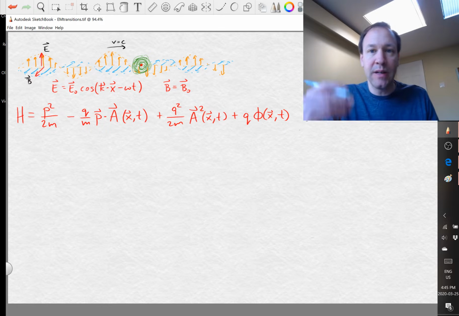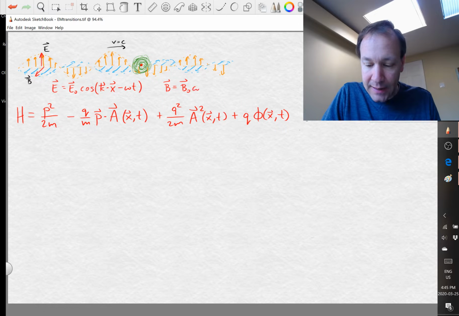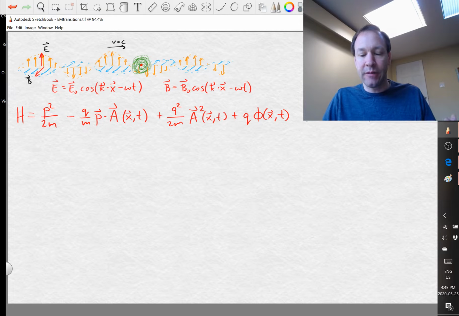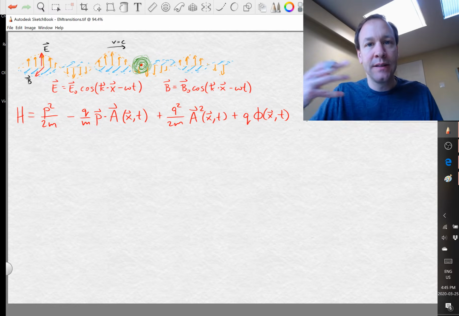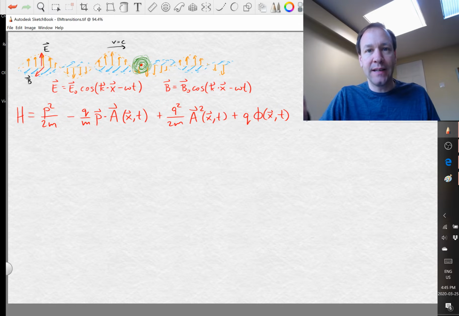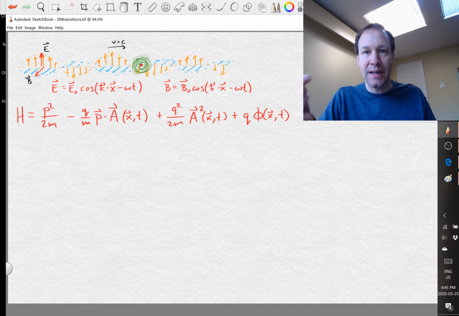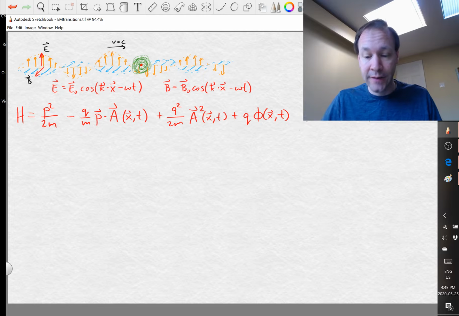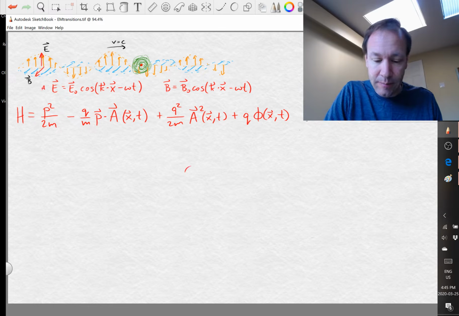Now B is going to be always perpendicular to that if we have an electromagnetic wave in the vacuum, and it's also sinusoidal with the same k and the same frequency. And the length of B is related to the length of E. I think you just divide the magnitude of the electric field by the speed of light. So you can review the electromagnetic description of a monochromatic light wave,